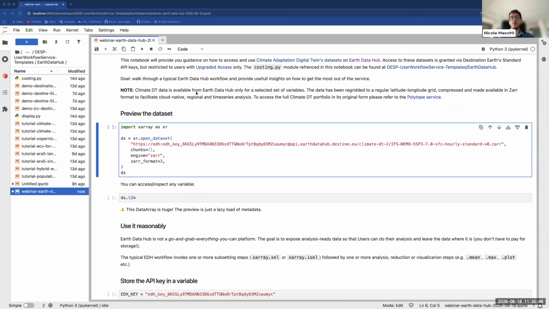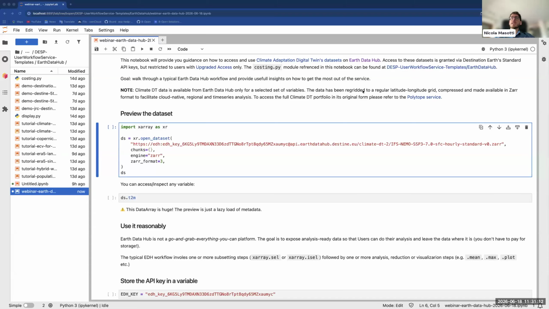Before we start, since we are using a climate adaptation digital twin dataset, I must say that ClimateDT data is available from Earth Data Hub only for a selected set of variables that depends on the resolution of the dataset. We have more data for the standard resolution variables and less data for the higher resolution datasets.